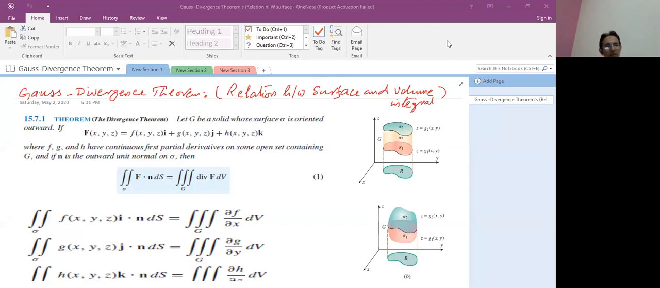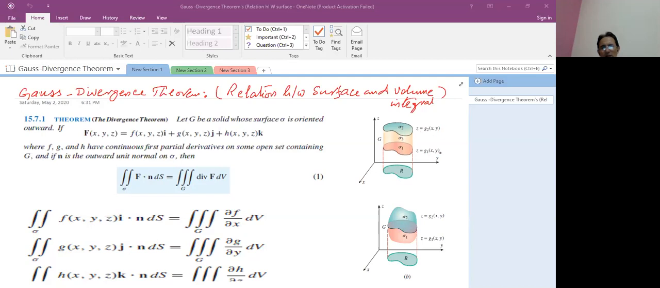Today our topic is the Gauss Divergence Theorem. We consider the Gauss Divergence Theorem as a relation between the surface and the volume integral. With the help of a diagram, we study the Gauss Divergence Theorem. Student, when we consider three dimensions, it means when we consider the sphere,